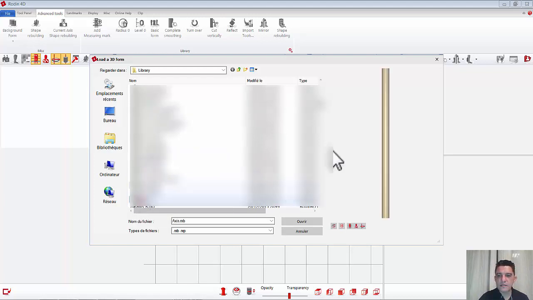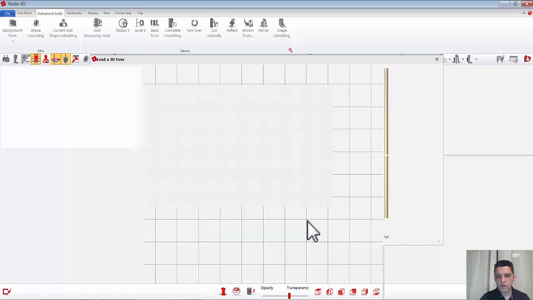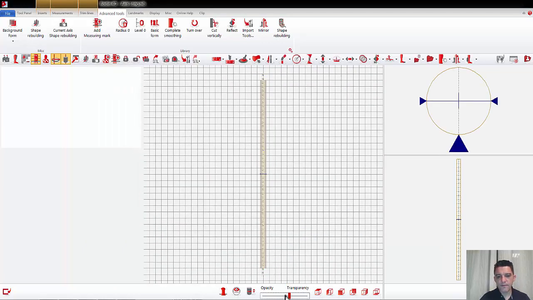Probably you have this one, this is the axis, but I prepared one that is longer. I will explain at the end of the webinar how you can create one simple axis. This is longer, it is 1 meter. So I want to open, okay,